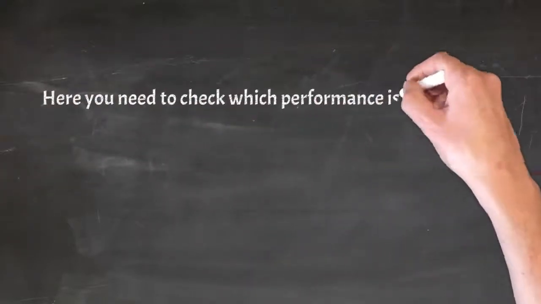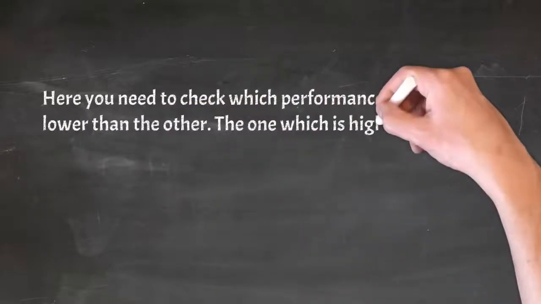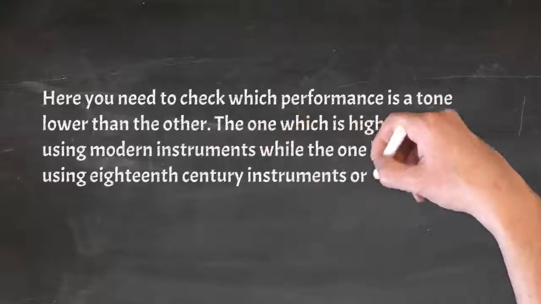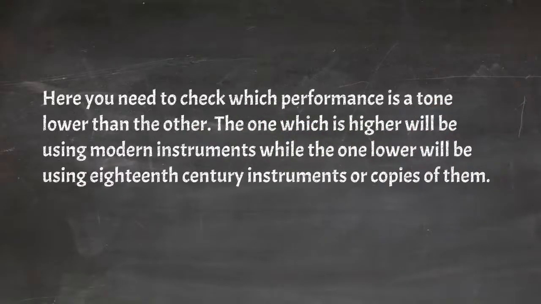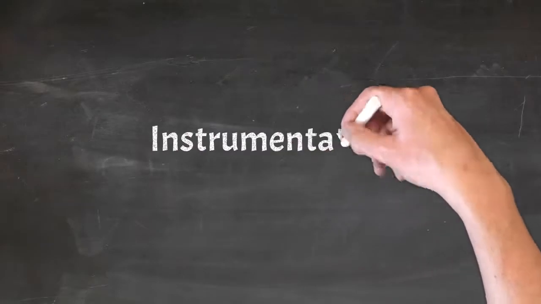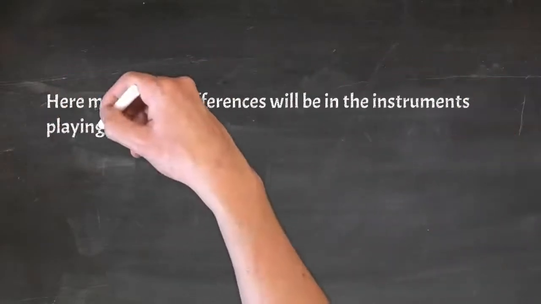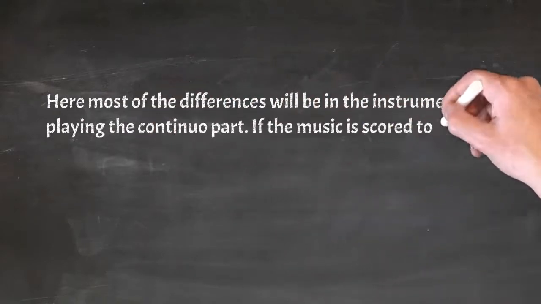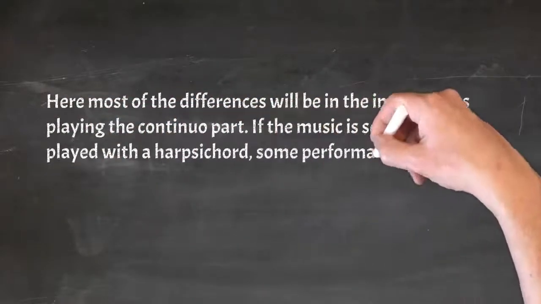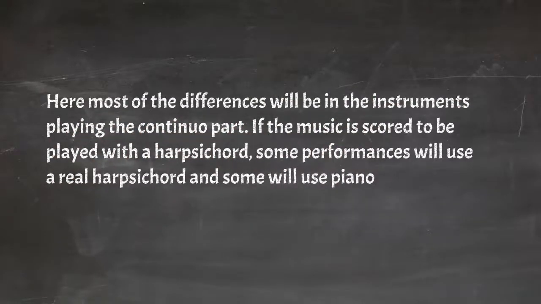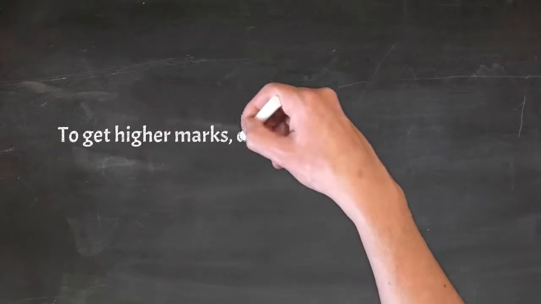Now with pitch, you need to check which performance is a tone lower than the other. The one which is higher will be using modern instruments, while the one which is lower will be using 18th century instruments or copies of those. With instrumentation, now here most of the differences will be in the instruments playing the continuo part. If the music is scored to be played with a harpsichord, some performances will use a real harpsichord while others will use a piano. Other elements you can talk about to get higher marks in this section is the balance